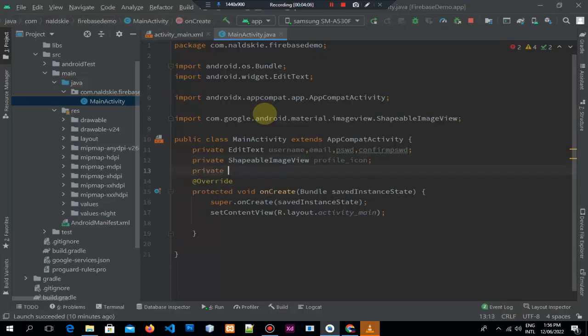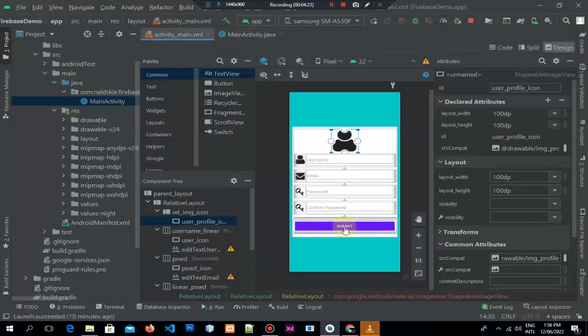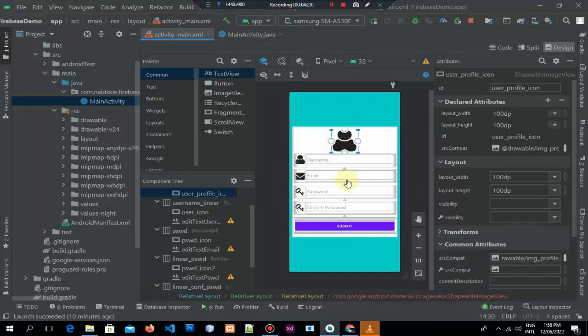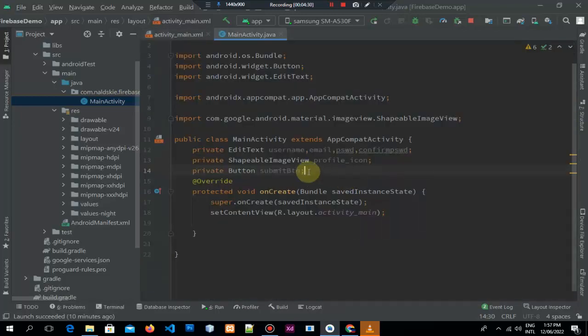I need also a button, submit button. So we have the button and all these fields, including the shapeable image view, plus variables, so username,